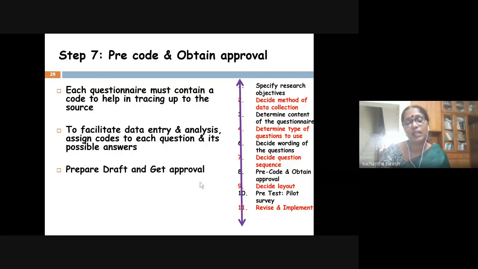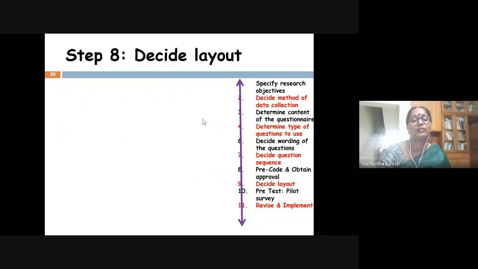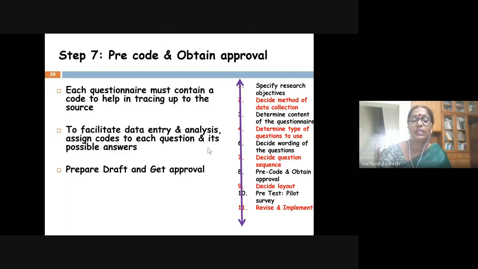After that, prepare a rough draft, and get approval from the respective people, whomever you have to show, or maybe the guide. This is the initial stage of your questionnaire. You have done it with the utmost care. Actually, you have taken a lot of time to prepare. Yes, okay, no problem. But the rest of the journey will be easy if you put more effort into preparing the questionnaire. Prepare the draft and get approval from the guide.